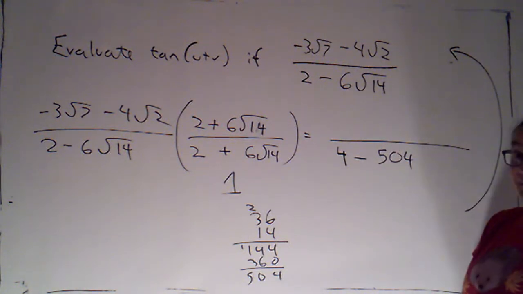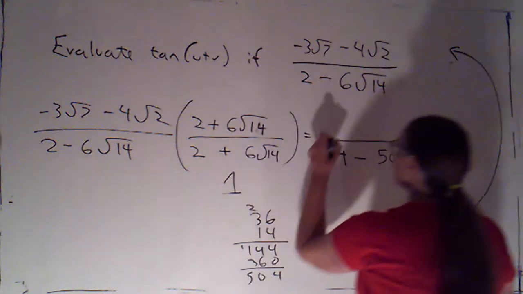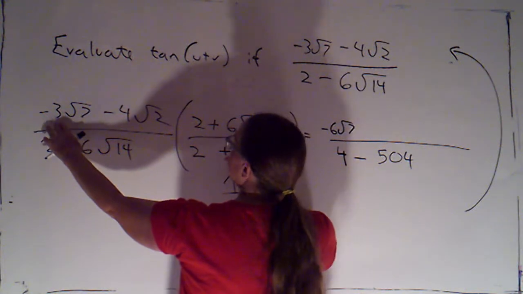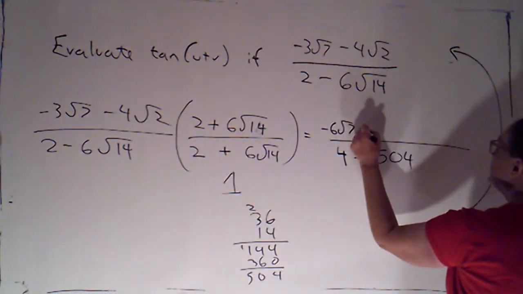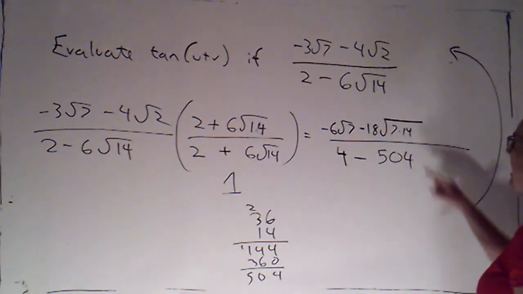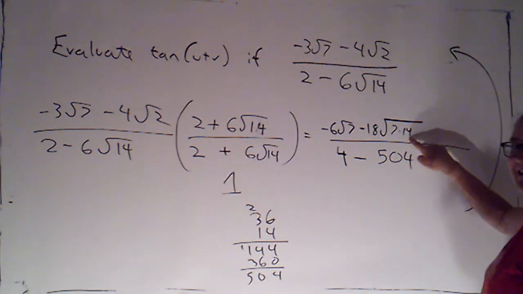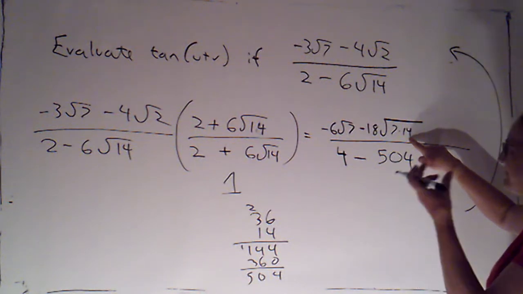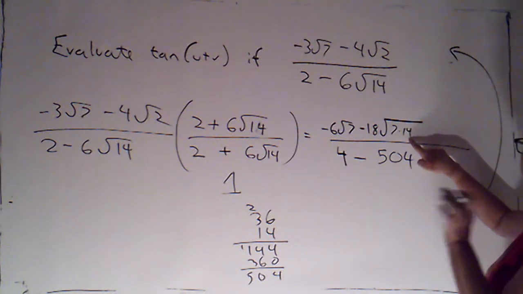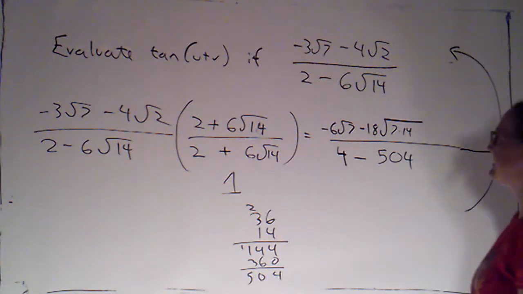All right, now on top, we also get to FOIL this out. So first terms are going to give me negative 6 root 7. Outsides are going to give me negative 18 square root of 7 times 14. I'm not going to bother to multiply out 7 times 14 because I can see that 14 is a 7 times 2. So I'm going to have a 7, and a 2 under there. I'm going to be able to pull out that 7. I will be able to simplify this root. Okay. Let's finish the FOILing, and then we'll come back and simplify the roots.